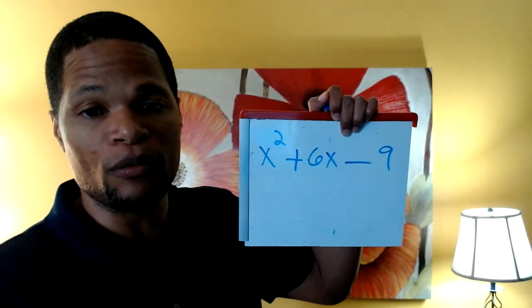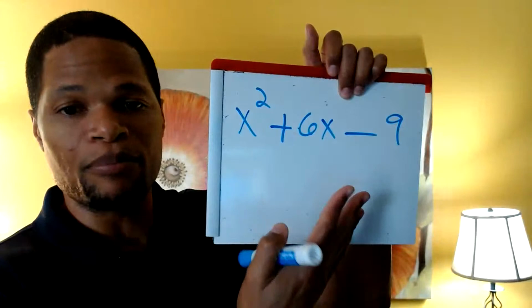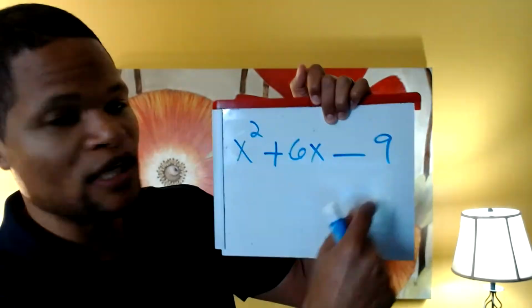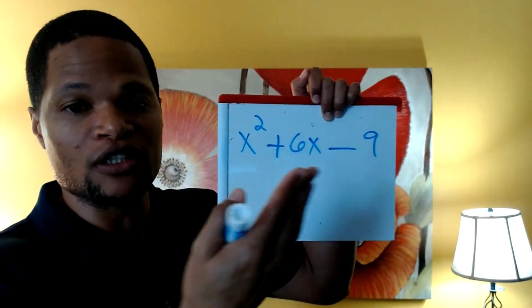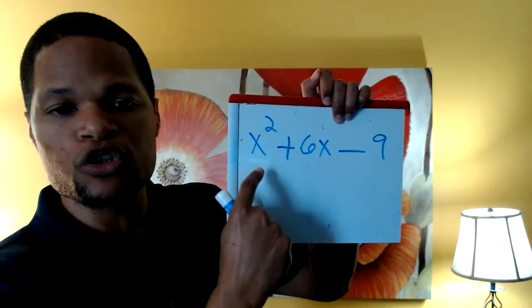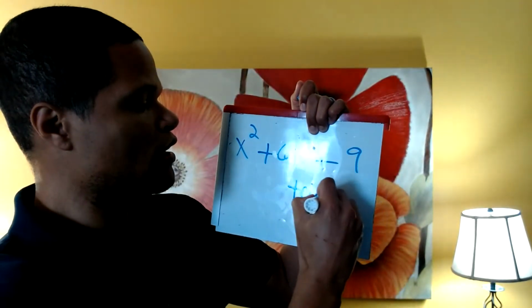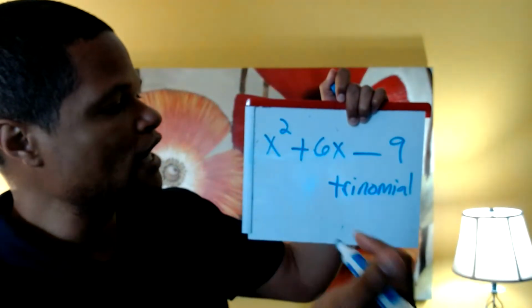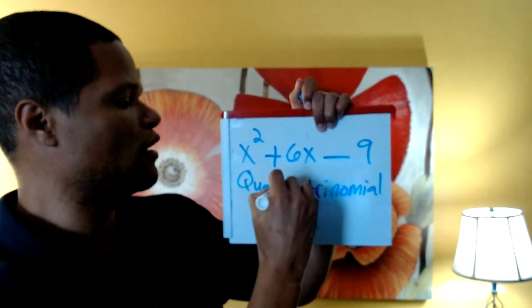But we can name the polynomials based on two factors. Those factors are degree and also the number of terms. For example, this polynomial, if you were paying attention to last class, has 3 terms. We call that a trinomial because tri means 3. Nomial is a reference to the fact that it's a polynomial. So trinomial meaning 3. But we could also call this, let me write that down. That's a trinomial. This is as good as I can write handwriting. Sorry, guys. All right. But it's also a quadratic because it has a degree of 2. Now, I know what you might be thinking. I'm trying to get that in there.